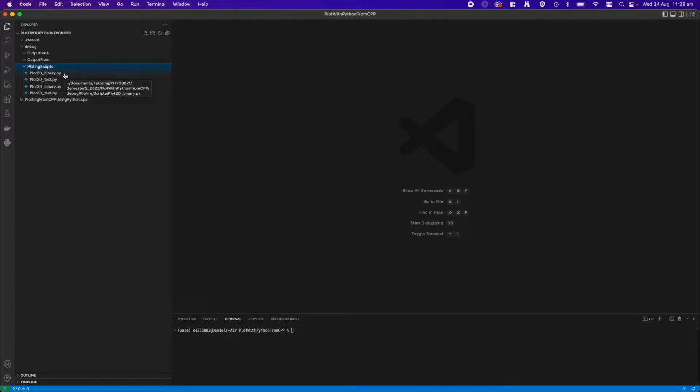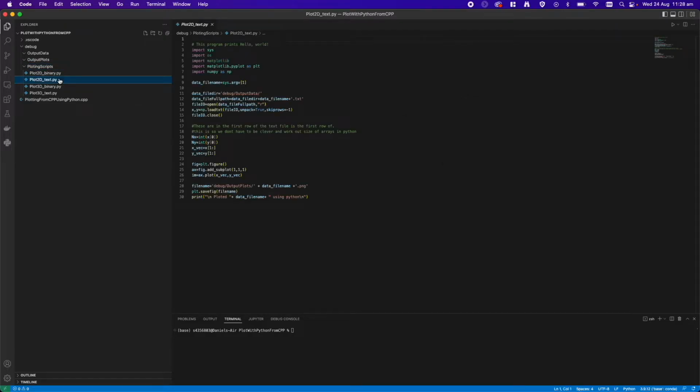As I said, this is where you're utilizing Python, but you don't have to utilize Python. You could use MATLAB or Gnuplot or any kind of plotting script. If you wanted to use those other languages, you would put those plotting scripts in here. I'm not going to get too much into what's going on in these plotting scripts, but if I click on this one,